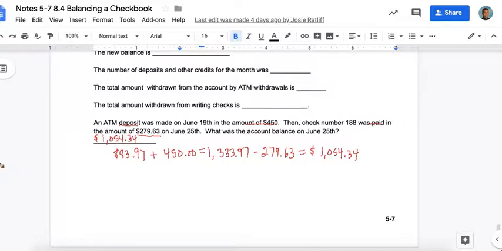Okay, that concludes our notes on balancing a checkbook. I hope you have